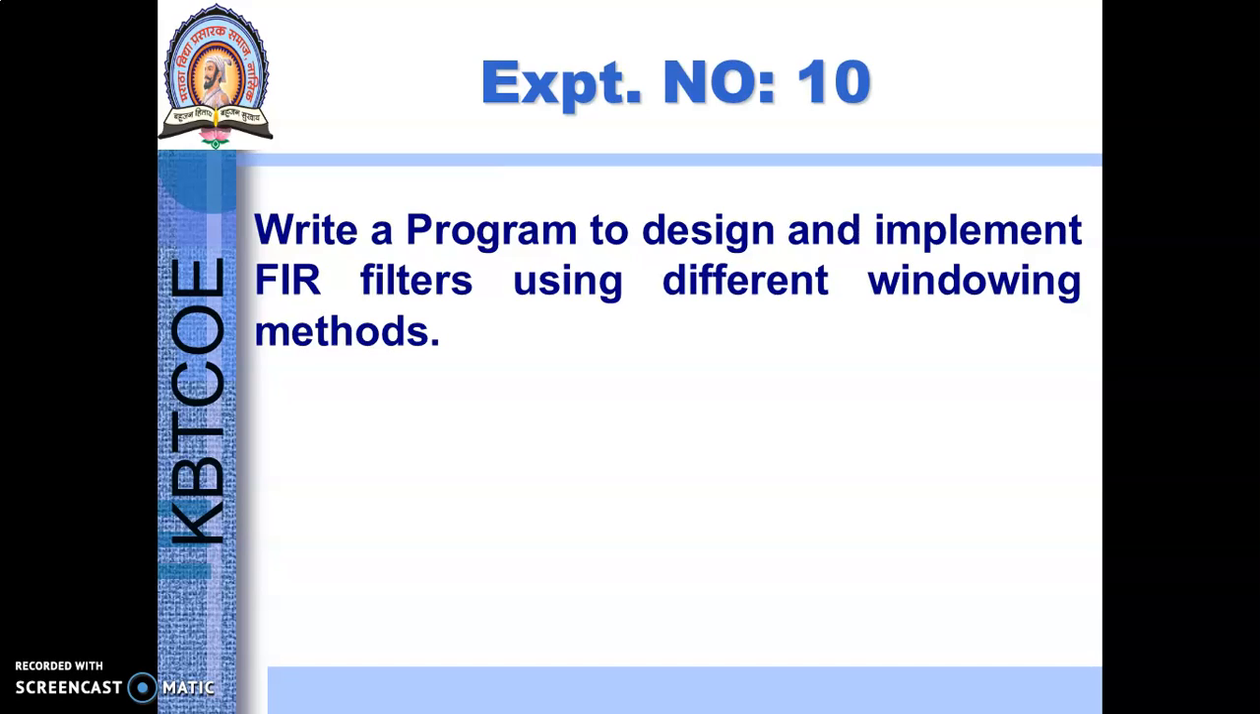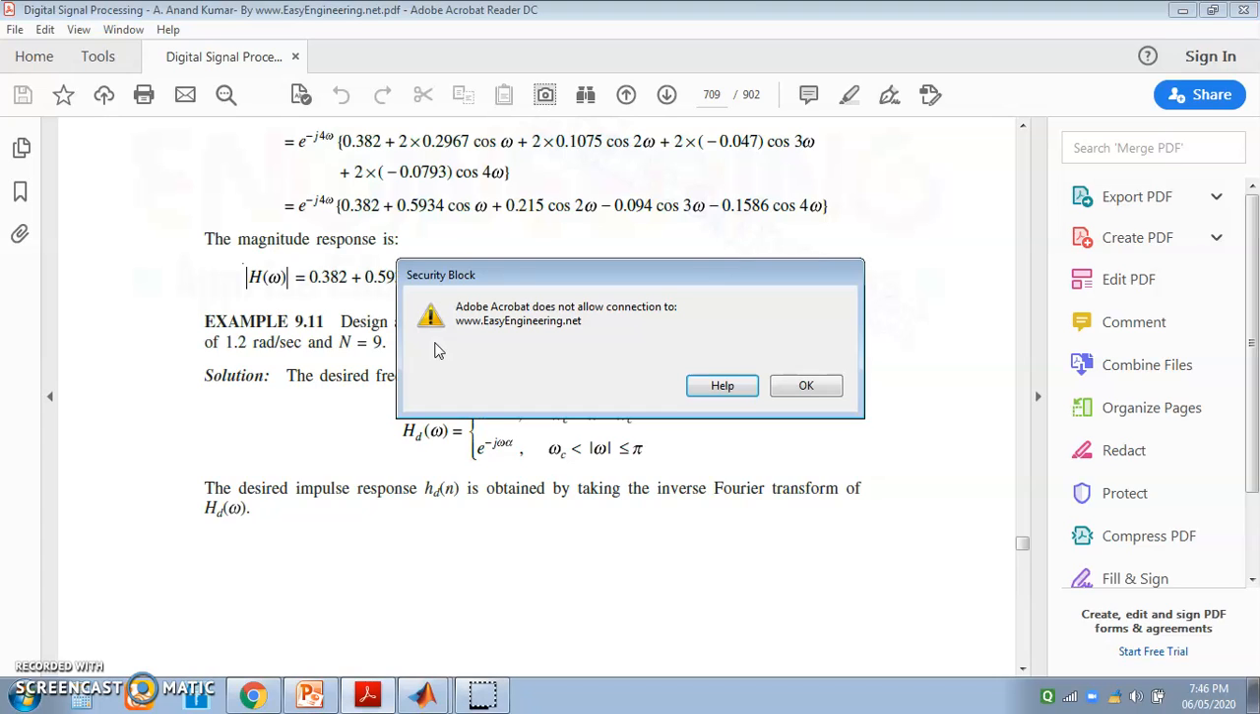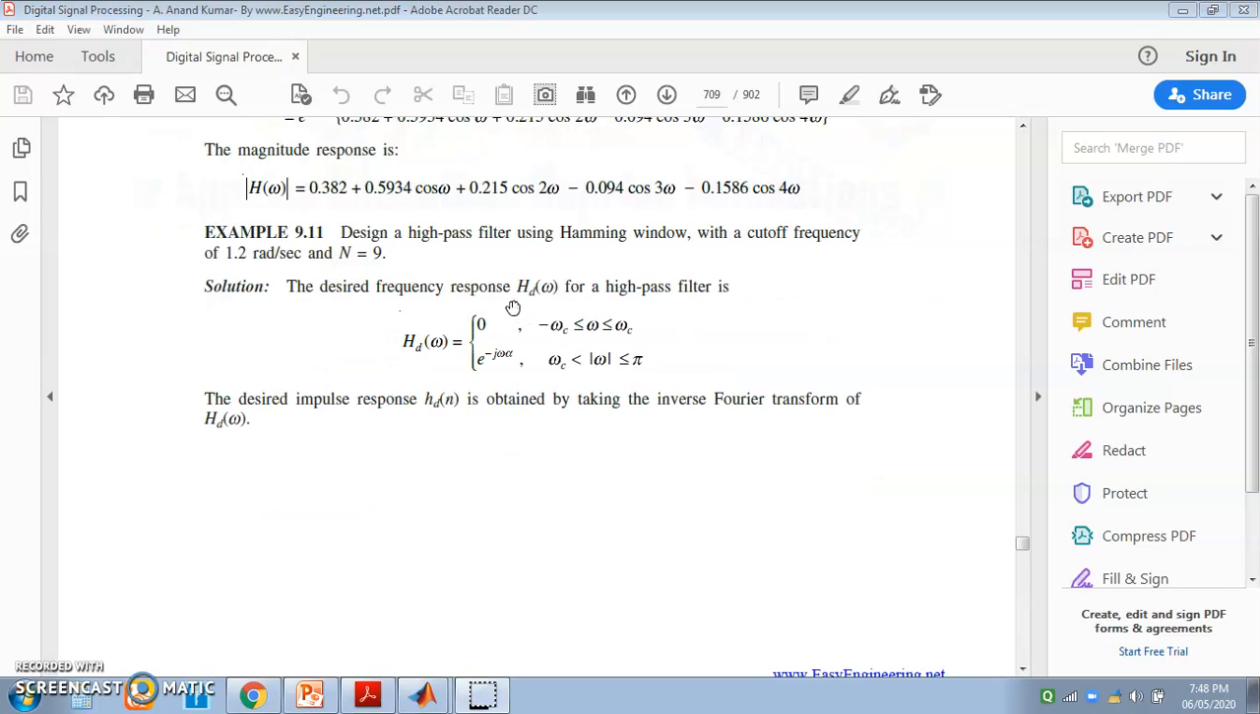So, here we are going to discuss experiment number 10, part B, that is, write a program to design and implement the FIR filters using different windowing methods in MATLAB. Before considering the MATLAB, let us consider the problem statement: design a high pass filter using Hamming window with cutoff frequency of 1.2 radian per second and the filter length or the order equal to capital N. As the order of filter is 9,